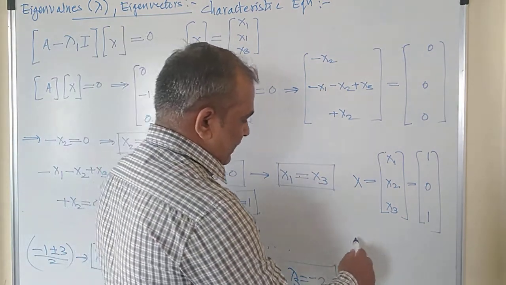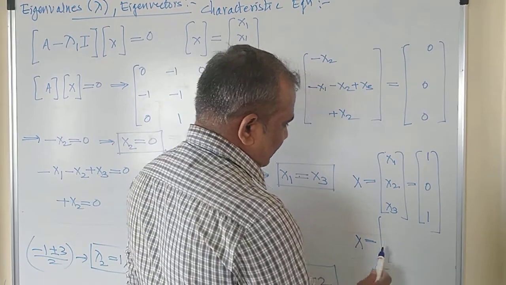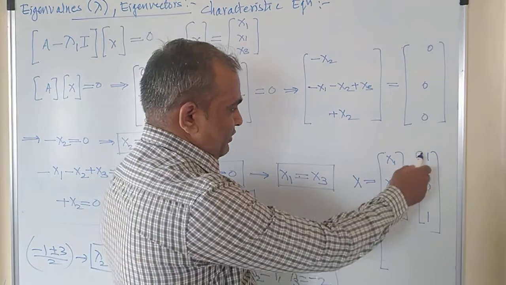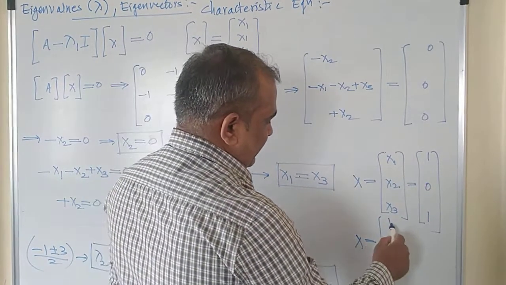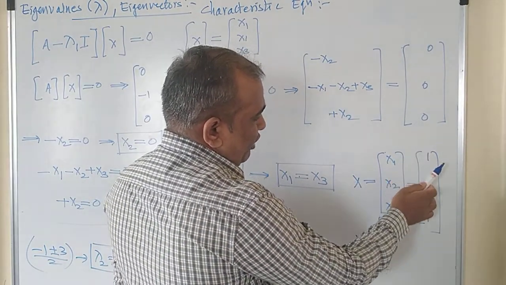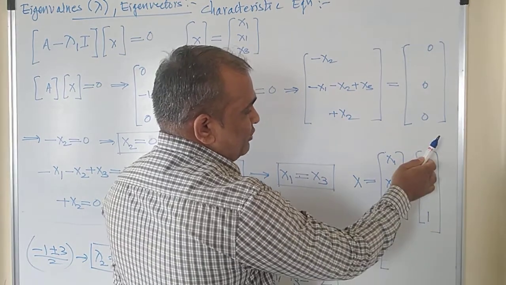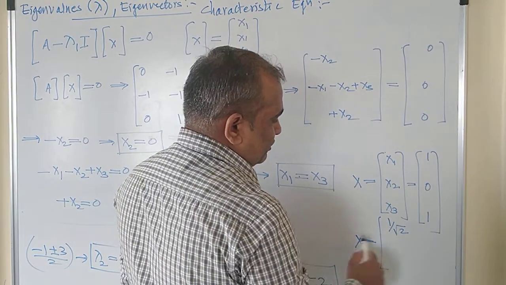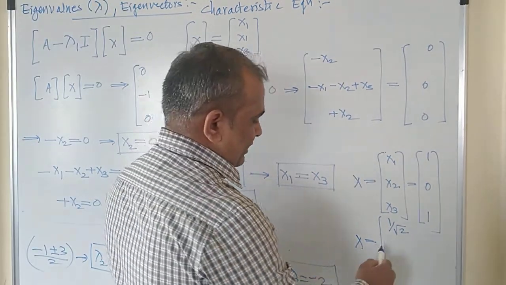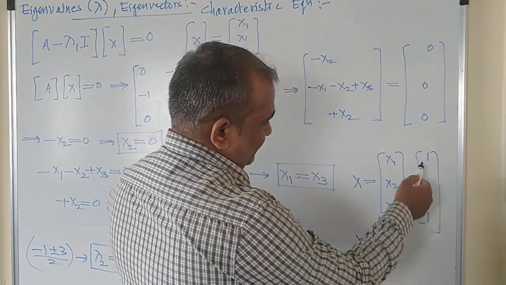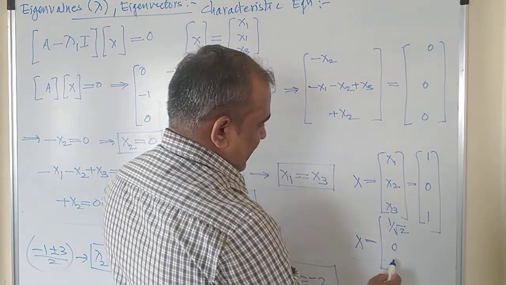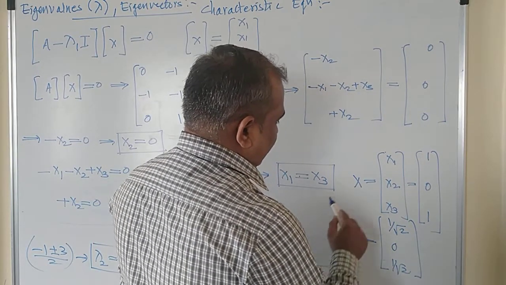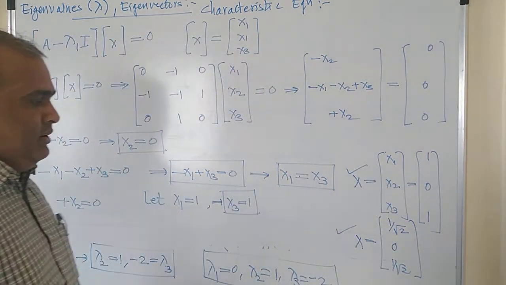For normalizing the given eigenvector, we take the square root of the sum of the squares of the elements. So the first eigenvector is 1 divided by the square root of (1 squared is 1, 0 squared is 0, 1 squared is 1), so square root of 2. This is the first normalized eigenvector. The second element will of course be 0, because 0 divided by root 2 is 0 only. And the third one is 1 by root 2. This is called a normalized eigenvector. This is the eigenvector. Got it?